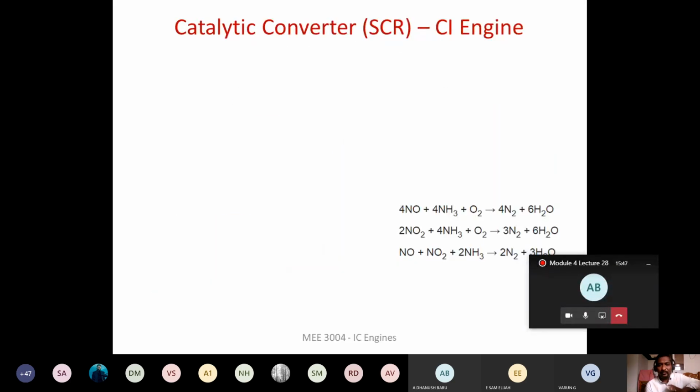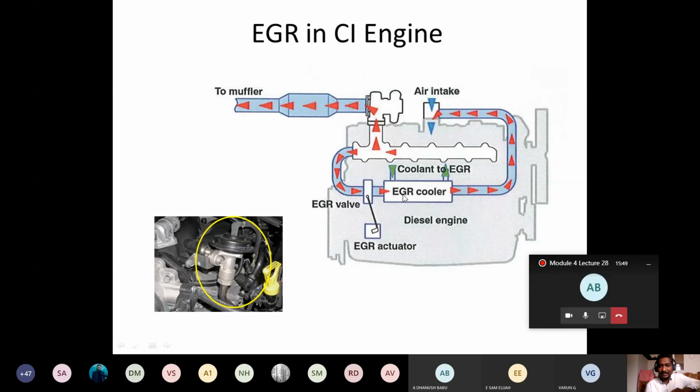But if you go for exhaust gas recirculation, because of the dilution, what will happen? Your combustion will not be proper. When you dilute and bring down the temperature, you automatically reduce the NOx, but the engine power output is going to come down. Thermal efficiency of the engine is going to come down if you use the exhaust gases. So that problem is there. If you use EGR, the performance of the engine will come down, which I don't want to sacrifice, right?